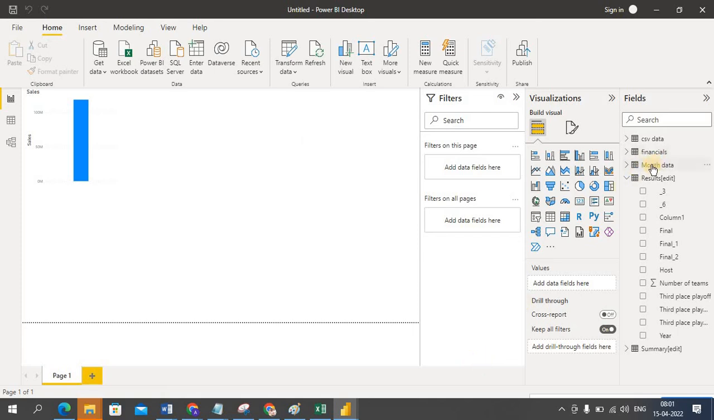See the table loaded here, month data. You can see month and trip. Okay,